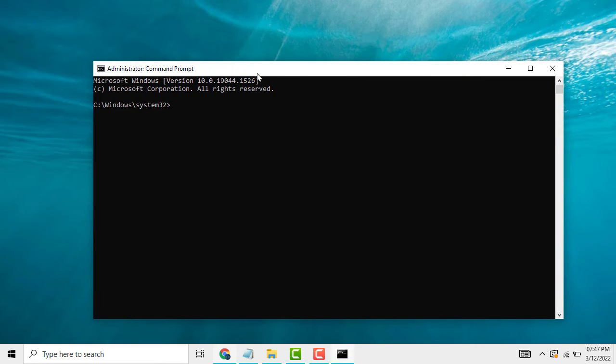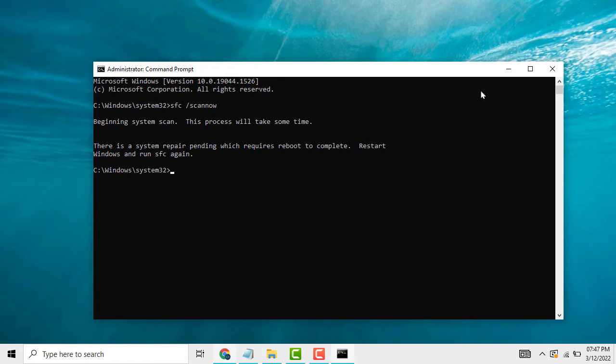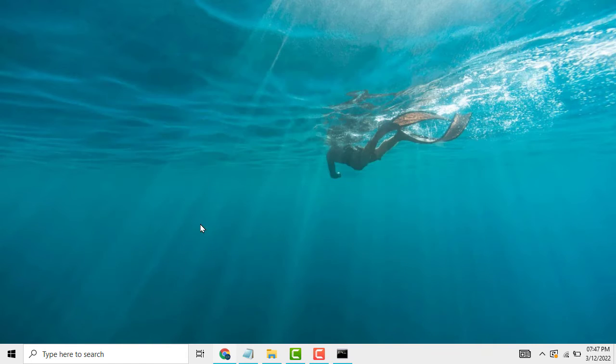Now type here sfc space slash scannow. Now click on Enter and this will take a few minutes, so the process will be completed 100%. Now close it and restart your PC, or if after restart your problem is not fixed,